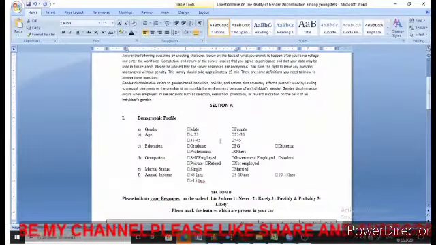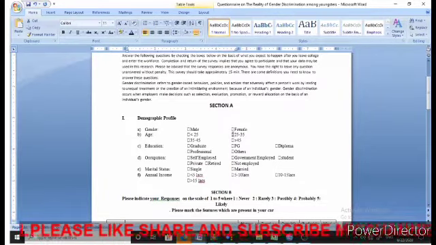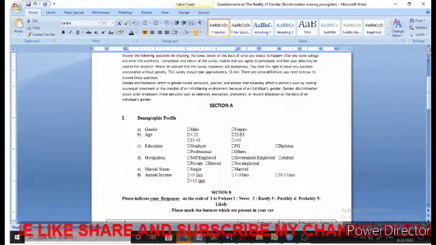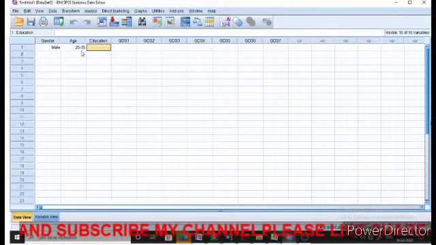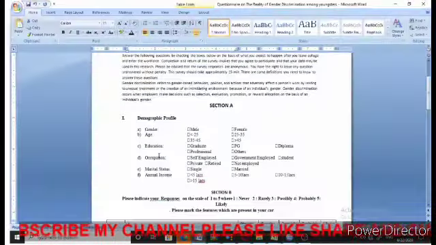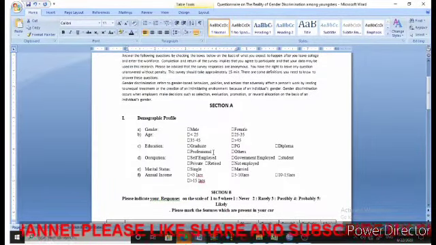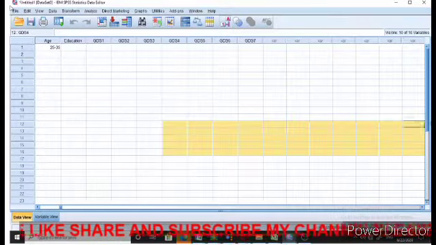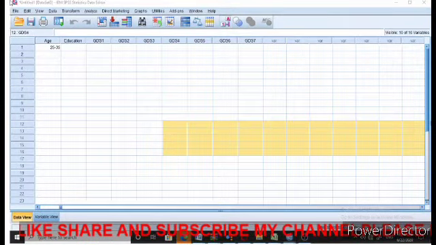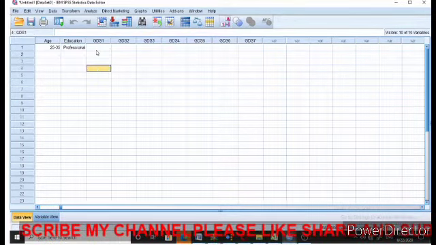Then second, let's say the first respondent is in the age of 25 to 35, right? So that means second, it will come under 25 to 35. Then in education, let's say that person has professional education, that is first, second, third and fourth, that is the fourth one. I will press 4, alright.